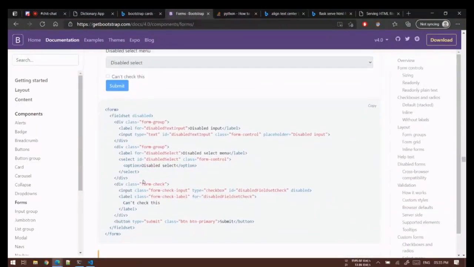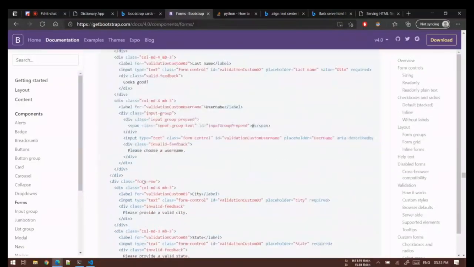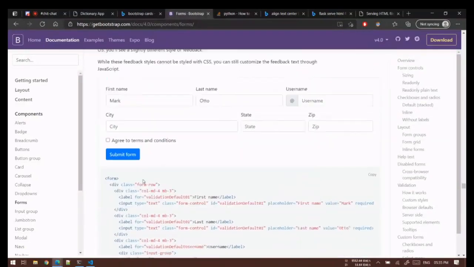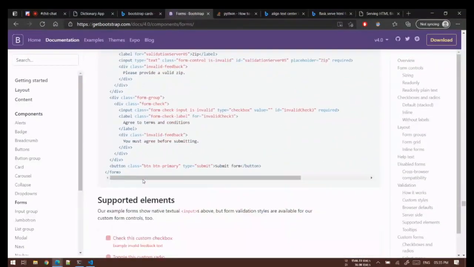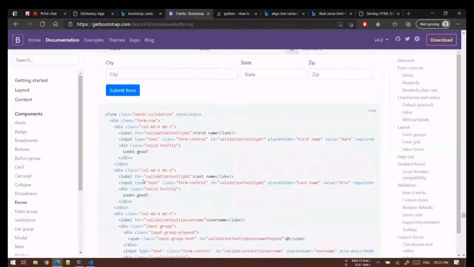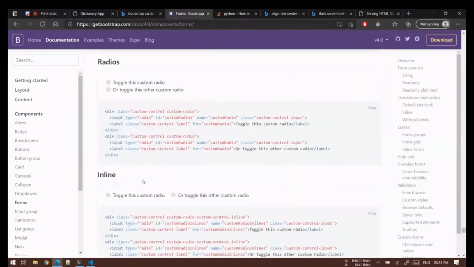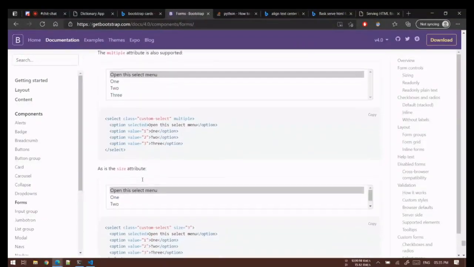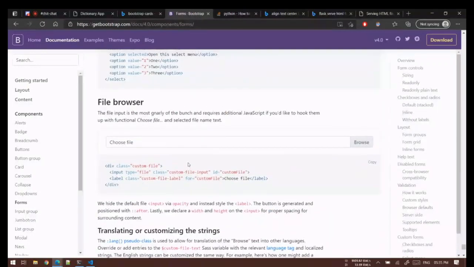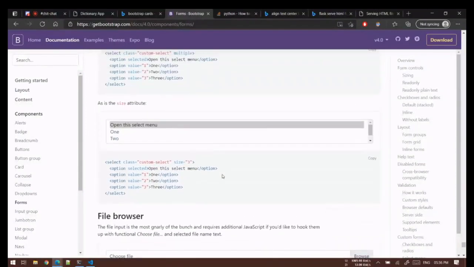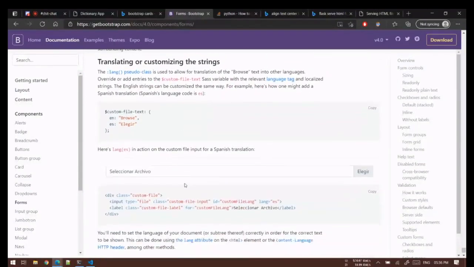So I'll simply come here and I'm looking for a particular type of form. Okay, so I want a form like this where we have a button on the right and we can directly use it.